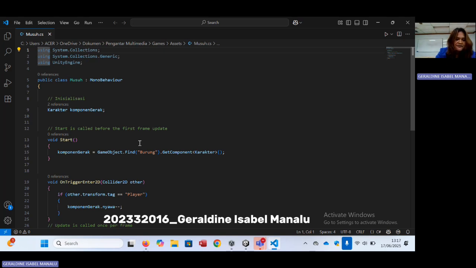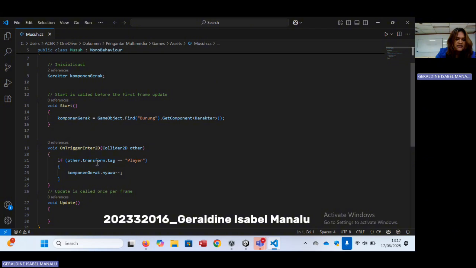The start function is used to initialize, while on trigger enter 2D is used to respond to interaction when a collision occurs. An update is provided but has not been used in the current logic.